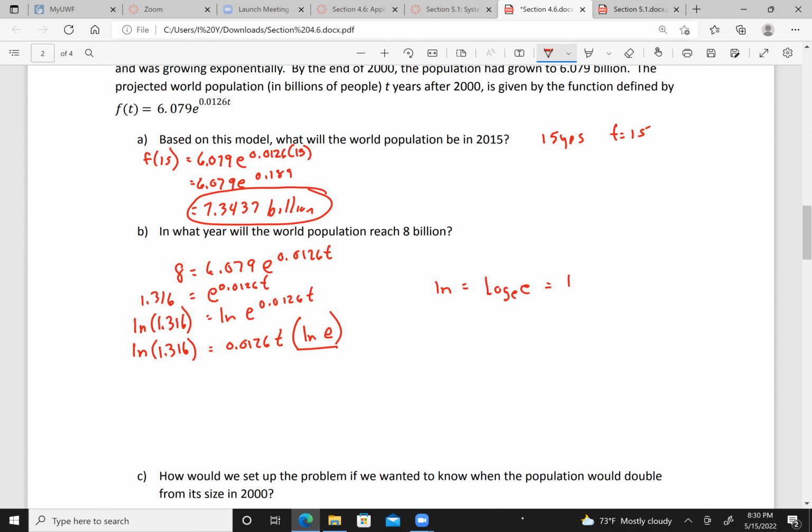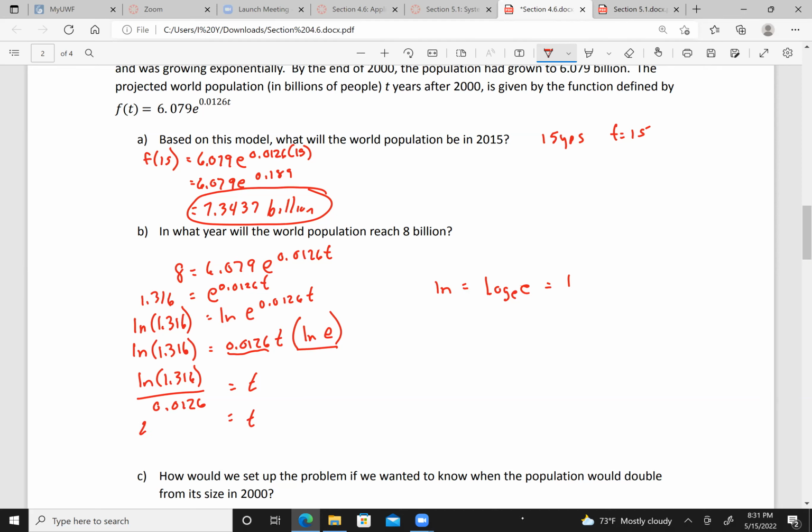So now I can divide both sides by this to get t. So the natural log of 1.316 divided by 0.0126 equals t. Now, when calculating this, don't forget to close your parentheses before you divide. So we hit the ln button. It opens parentheses for us. 1.316, close the parentheses, divided by 0.0126, and we get t